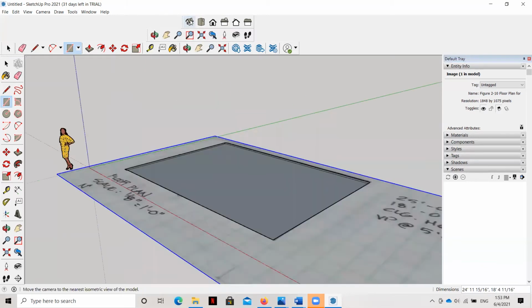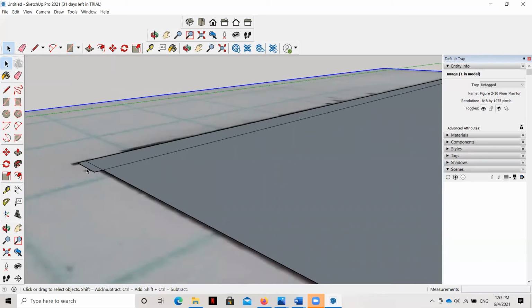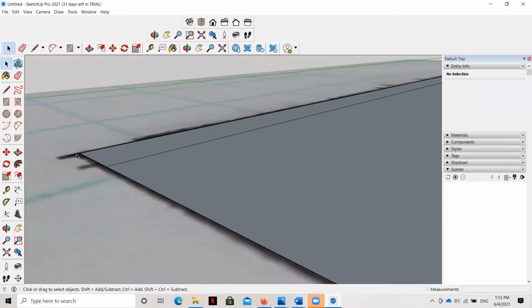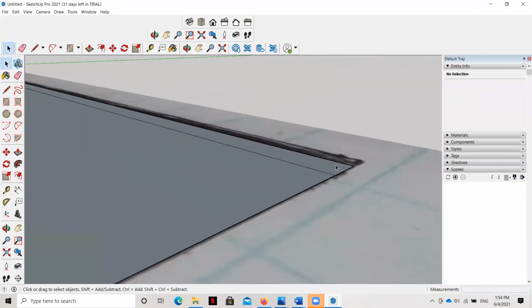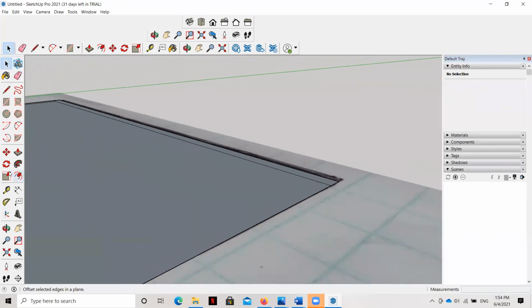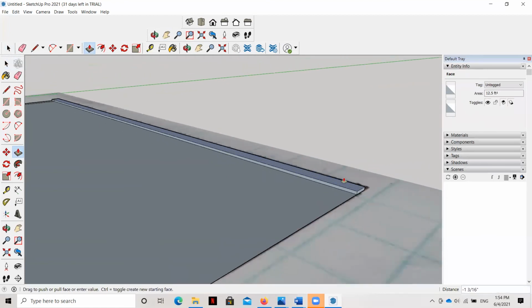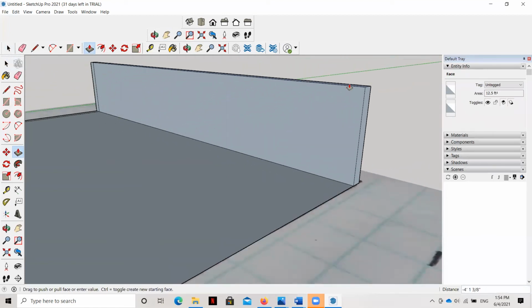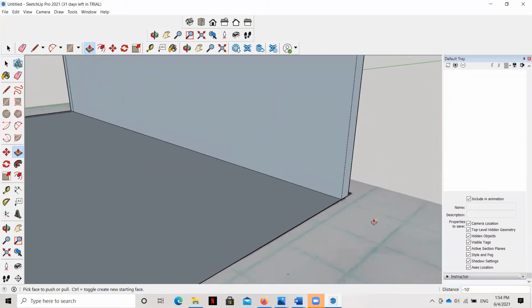Now let's take a look at this isometric view. You can see here, I've got a couple little issues that are going to need some adjustment, but overall it's looking pretty good. I'm just clicking and deleting a couple of extra lines. If we recall, the walls in our interior space were 10 feet tall, so I'm going to grab my push-pull button. This is pretty neat. I'm going to hover over the walls that I just drew, and pull them up. All I do is click and drag. I'm not holding down any buttons, I'm just moving my mouse once I've made that selection. I hit 10, enter, and there's my 10-foot tall wall right there.